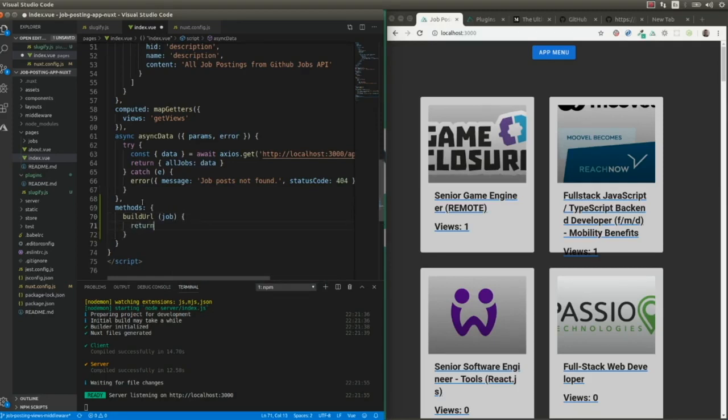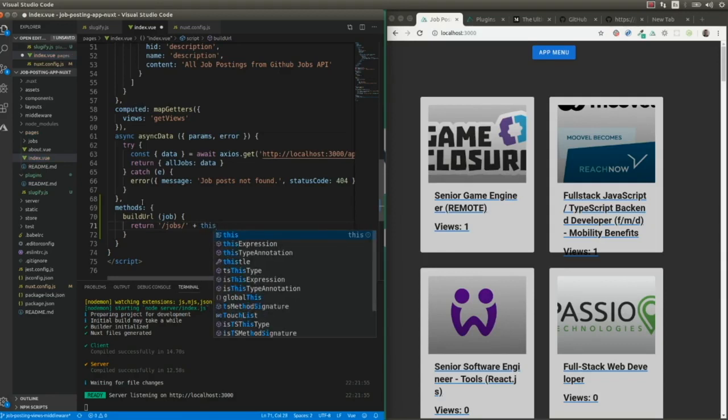And I'm going to return /shops/plus, and I'm going to append to this shops string the slugified version of the URI. So here I'm going to access the actual plugin that we just created using this dot $sign Slugify